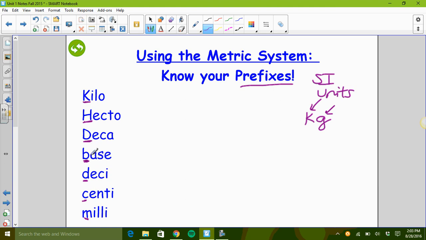The one that's rough is base, the base unit. That doesn't really say a prefix. That's saying that doesn't have a prefix. That's gram by itself, meter by itself, and liter by itself. Yes, we have other base units like you can see in the SI system, but that's generally what we're going to talk about at this point in time. So everything with a capital letter, those are larger units. Those are bigger than base. Everything with small lowercase letters D, C, and M, those are smaller units, and that's smaller than the base scale.